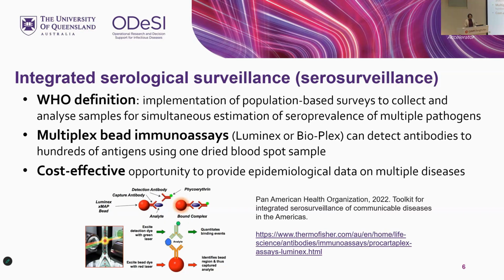different things. And one of the ways in which people have been able to make this happen is to use these multiplex bead immunoassays. I won't go into the technicalities of that; you can have a read about it. The two most common platforms are the Luminex or the Bioplex platforms. And you really can detect antibodies to hundreds of